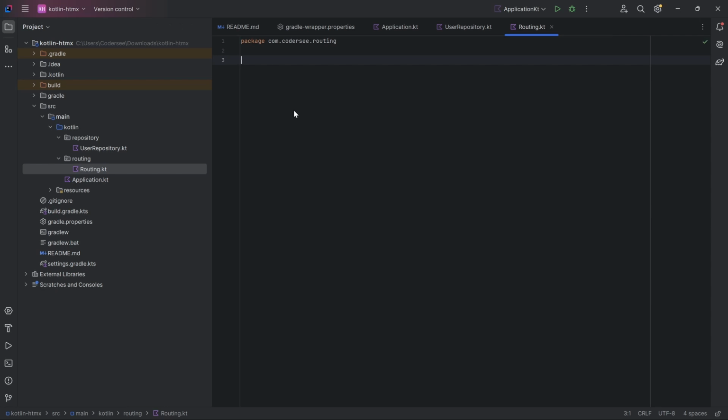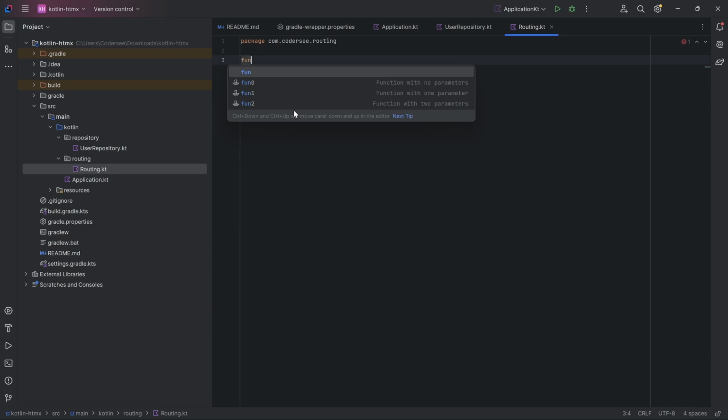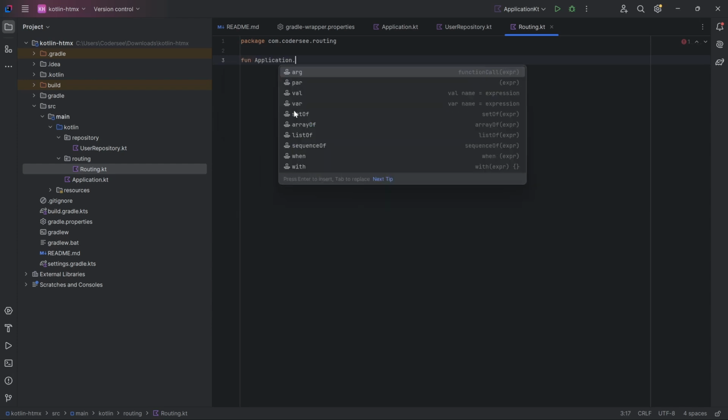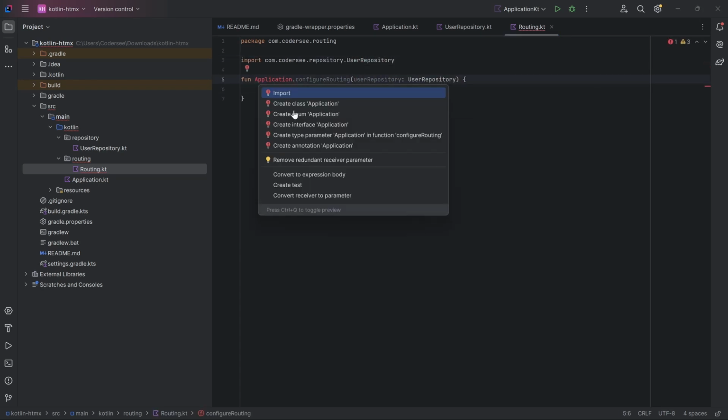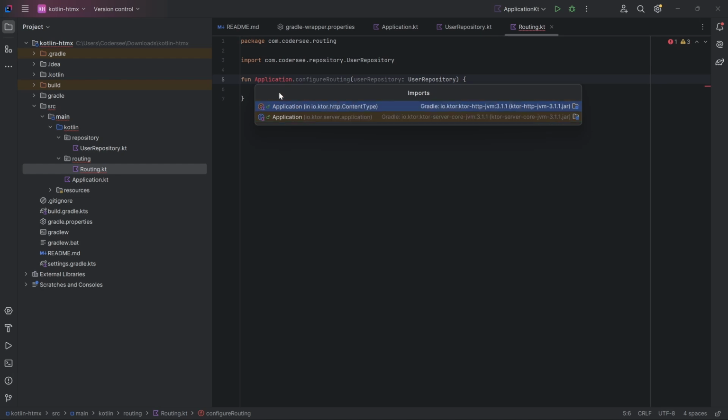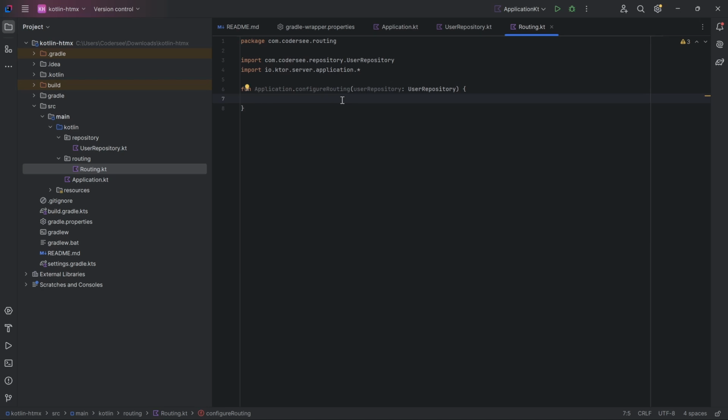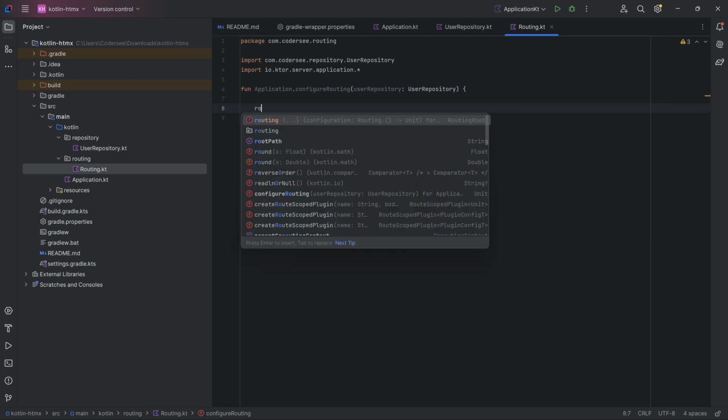Splendid. In here, we'll create the extension function for application. Fun application dot configureRouting, and I'll inject the user repository. Excellent. Alt plus enter, import, and the important thing is to use the io.ktor.server.application. This one, and in here, routing